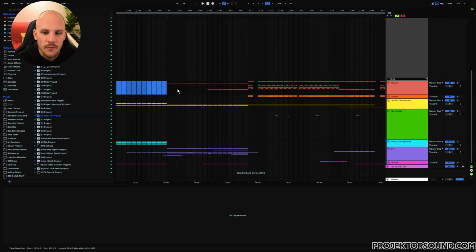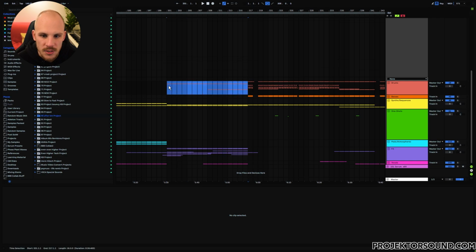The same is kind of true for the build-up. As I said before, there's this extra fill in here that just adds a little bit of extra suspense to this part. What normally would be the case is that the fill is integrated into the build-up itself. So you would, for example, have this part be the build-up and then this part be the fill, and then your drop would start right here, so that the combination of the build-up and the fill would be one segment of 16 bars. In this case though, it is 18 bars, and that just adds a little bit of extra